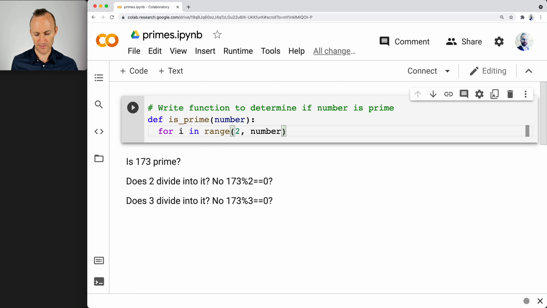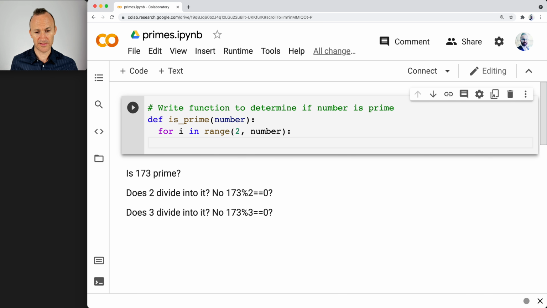And then we simply want to check, what is number mod i? This is where the pseudocode is helpful, because I look down at the pseudocode and I see I've got 173 mod 2. That's number mod i in the code, because i is going to be 2 and then 3, whereas the number is whatever we're starting with to check, 173. So what we want to do is check to see if this is equivalent to 0. Now, what do we do if it is? Okay, let's figure it out. If the number mod i is equivalent to 0,